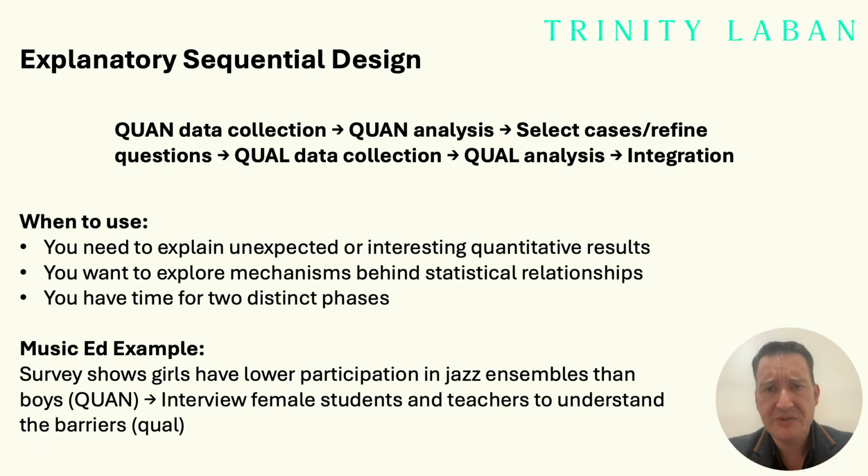So when might we use explanatory sequential? You'd use this when you need to explain unexpected or interesting quantitative results. So maybe your survey reveals something surprising. For instance, students who practice less frequently actually report higher enjoyment. So this needs explanation. Or perhaps you want to explore the mechanism behind a statistical relationship you found, say a correlation between ensemble participation and academic achievement. But to do that, you're going to need to know why that relationship exists